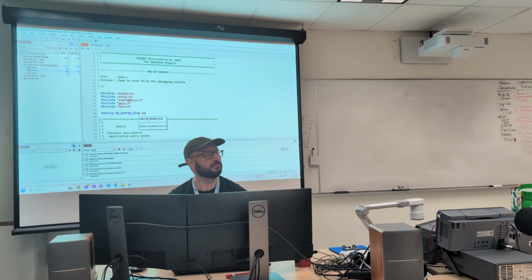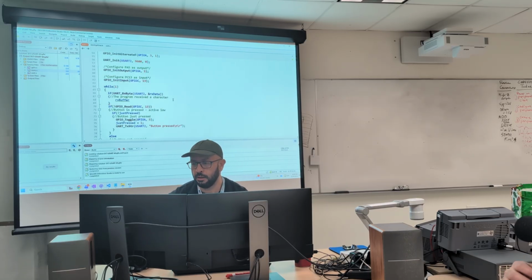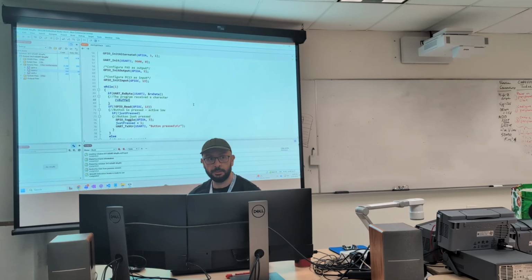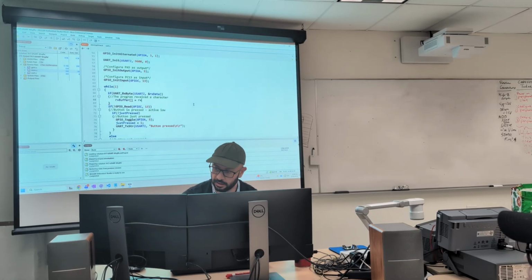If you say 30,000, you will be using more than 90% of the RAM, which will be really bad. So we have this array. If I'm inside the if, it's because I already received the character, because that returns true if we receive the character. So the character is already in Rx data.